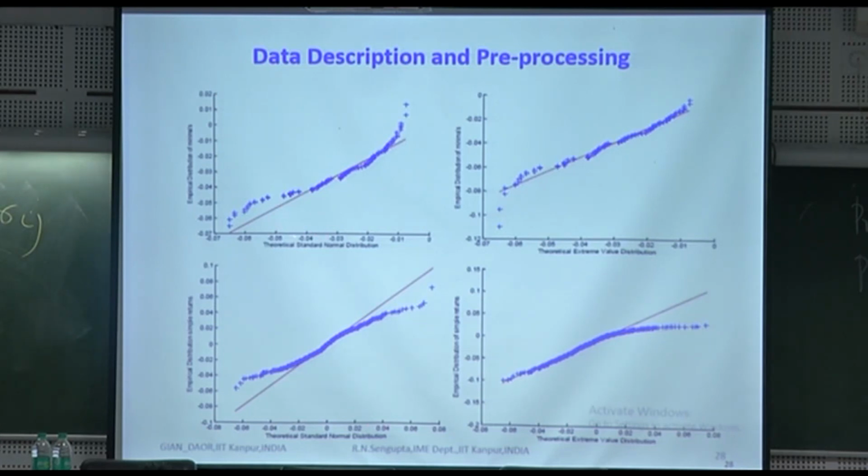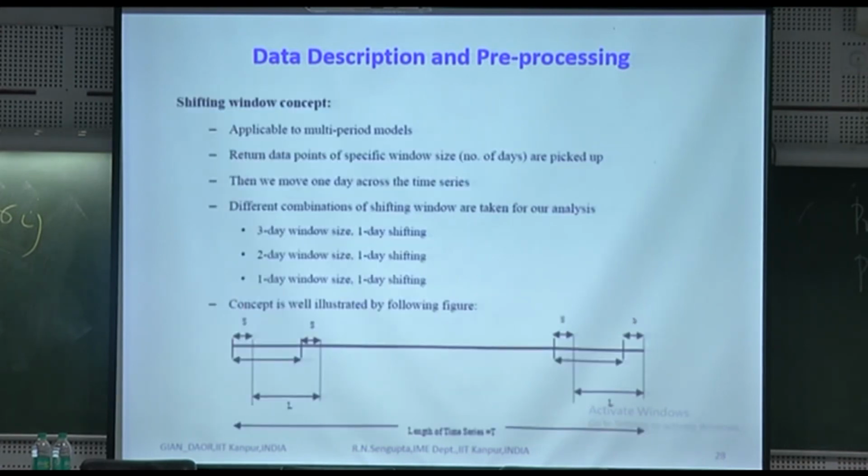So I am doing the theoretical normal plots, and I am doing the theoretical EVD plots. I need to check whether the mean value is normal or EVD, and whether the standard deviation is normal or EVD, because I need to take the nominal values and the perturbations accordingly. These are again for DAX, if I am not mistaken.